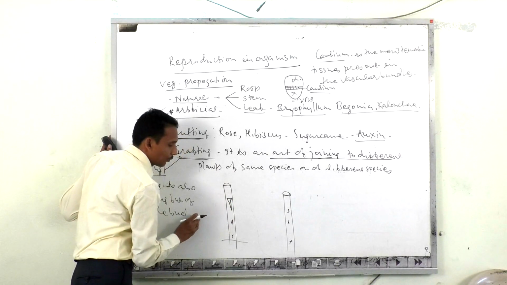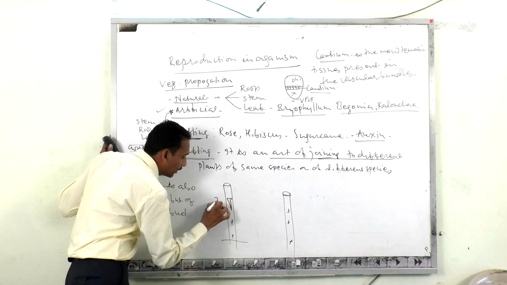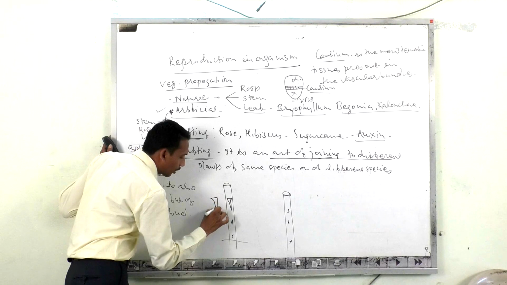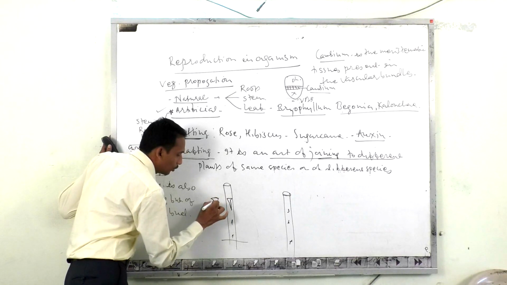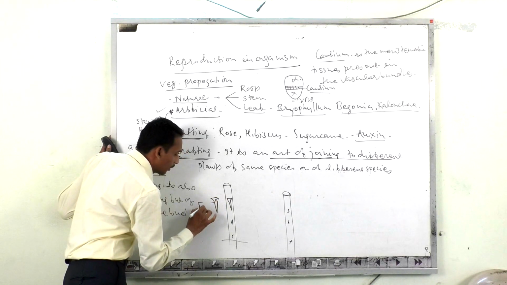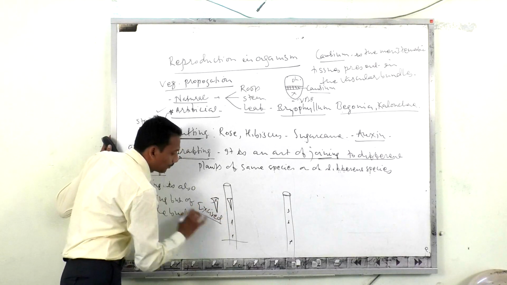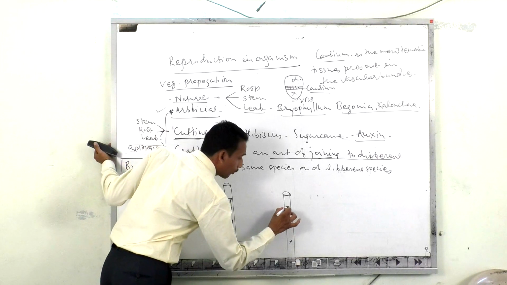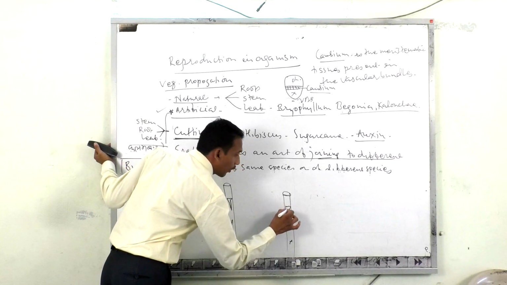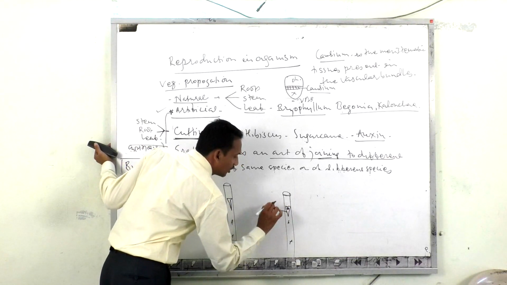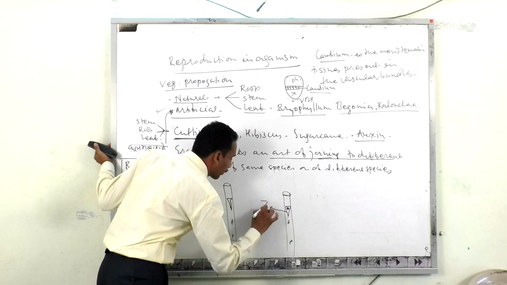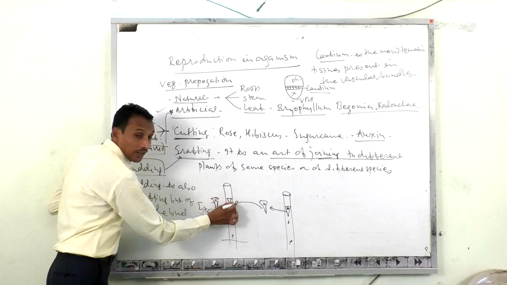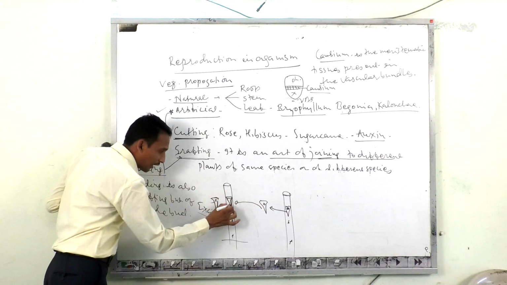You just excise this one. What I have done here is excise that particular bud from the parent plant. So this is the bud that got excised. Follow. Now you have to cut whichever bud is your requirement. You have to excise the yellow-colored stem of that particular bud. You bring this bud here and fit it here.